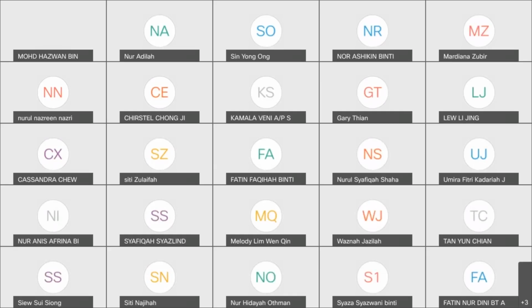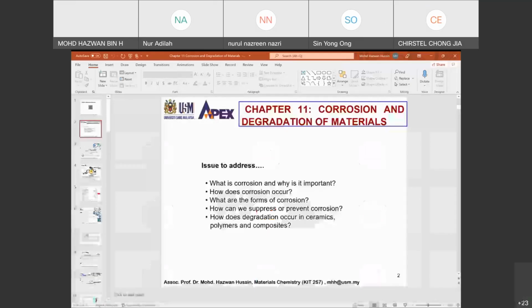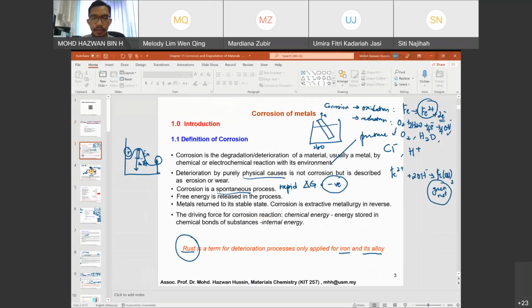We had a look yesterday at the definition of corrosion. We know that corrosion is the degradation of materials, usually a metal, by chemical or electrochemical reaction with its environment. As I told you, the environment we are talking about here is the presence of oxygen,